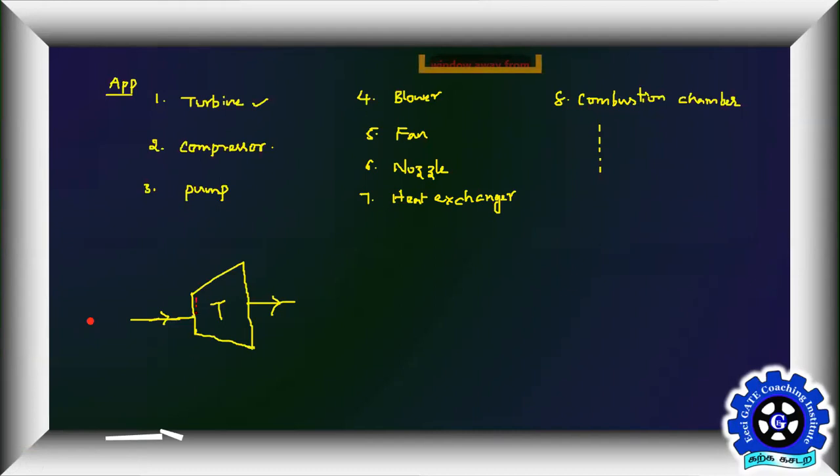So I need to draw a region enclosing your turbine space. I'm just drawing some boundary. The red line is your interest. Some fluid is coming into this region, doing something and going out. During this, you will see some work coming out, which we represent as work done by the turbine. Sometimes, if the fluid is at a very high temperature, you will see some energy in the form of heat leaving the turbine, assuming your turbine is at a higher temperature compared to the surroundings next to it.